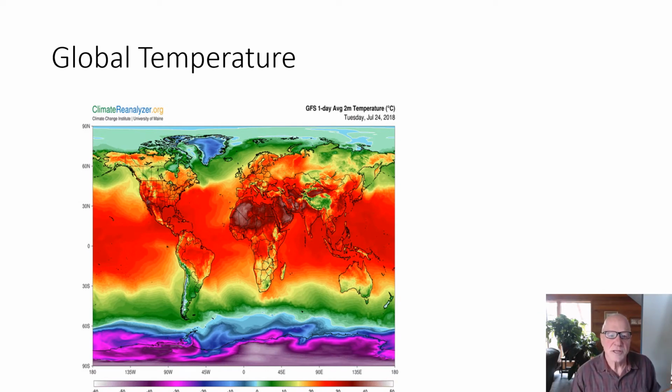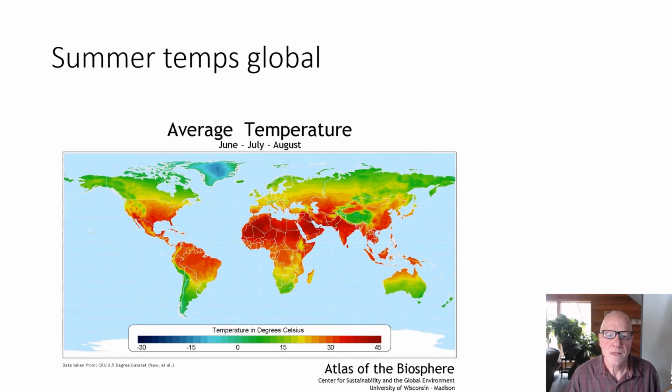Another piece of the puzzle is the global temperatures. Here, obviously, the hot temperature through the equator, stretching into Middle America and, again, Middle Alaska. Very warm. This is an average of the summer temperature. And again, the red is all around the equator. And as we go further from the equator, it gets cooler,